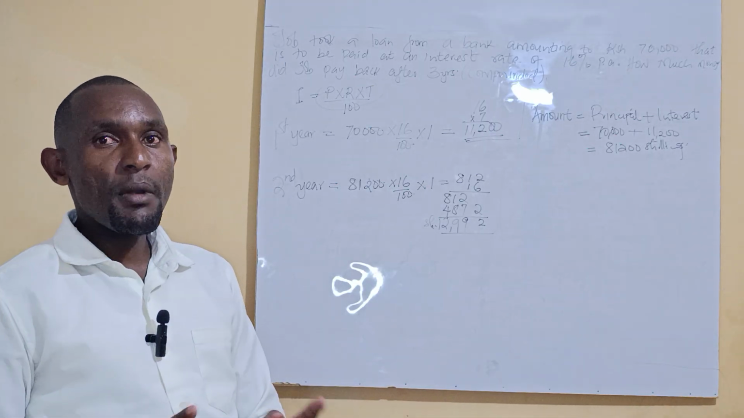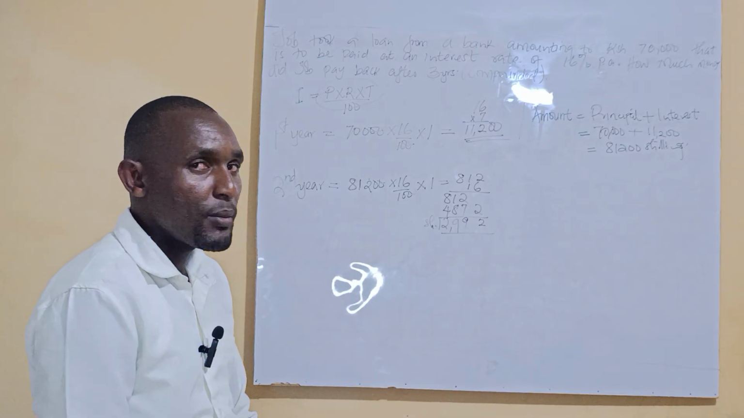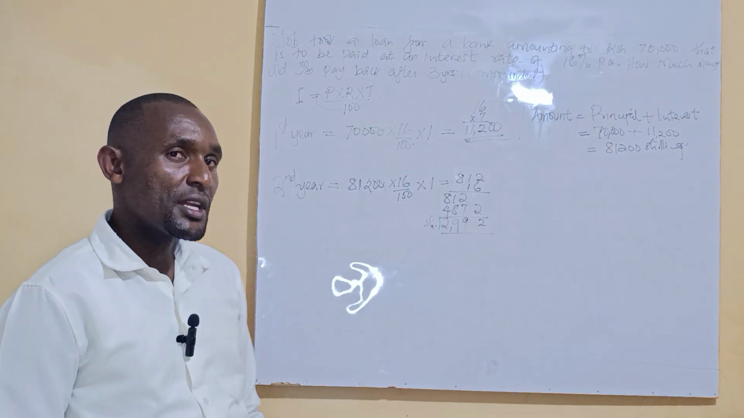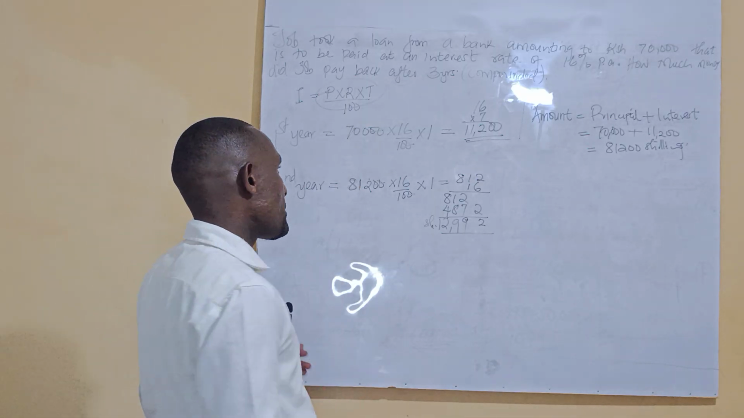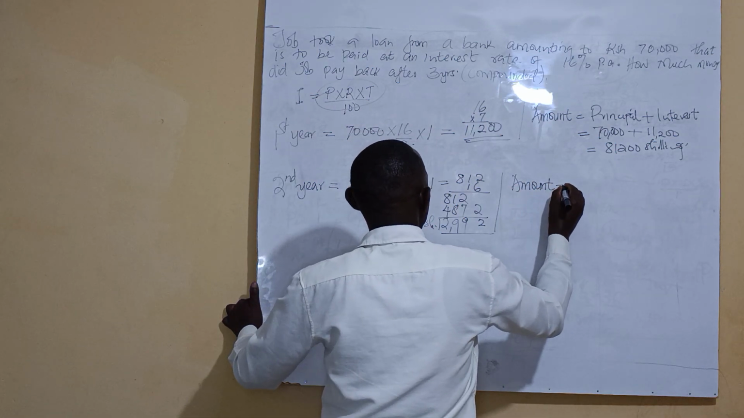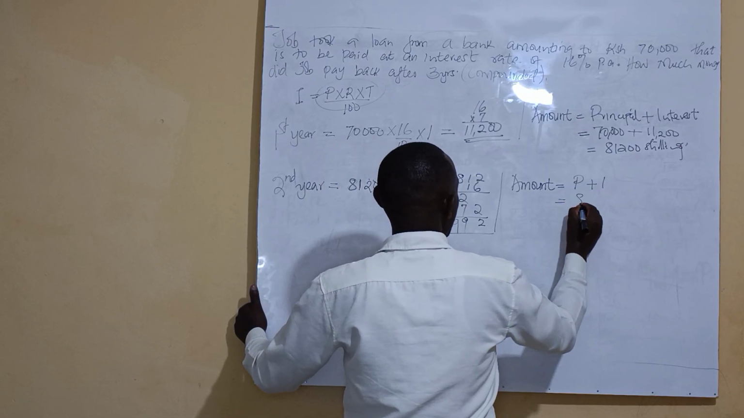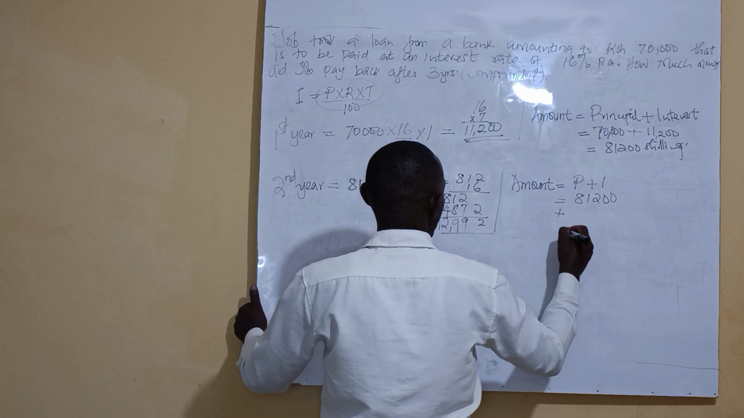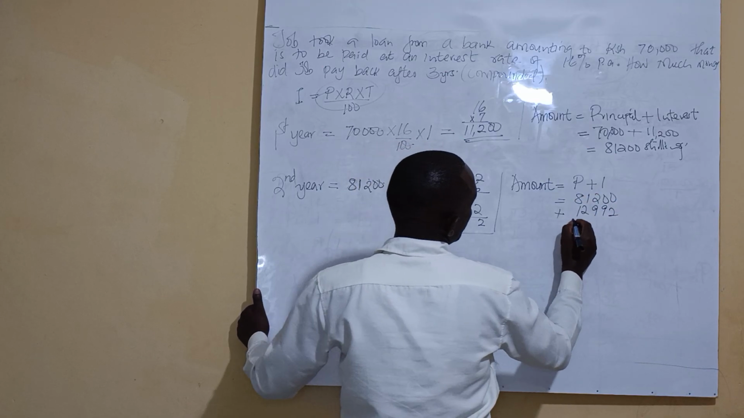Now you'll have to go for the amount, because the amount is going to be the principal for the third year. So by the end of the second year, we have earned an interest of 12,992. So for you to get the total amount, remember that amount is equals to principal plus the interest, which is 81,200. You add the interest for the second year, which is 12,992, which is going to give us